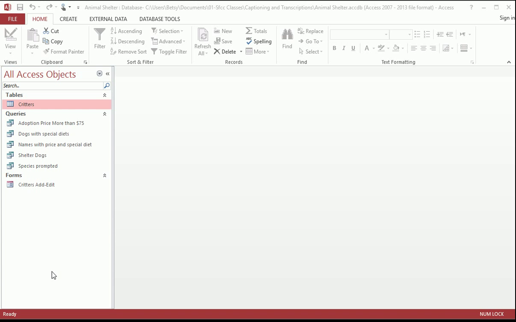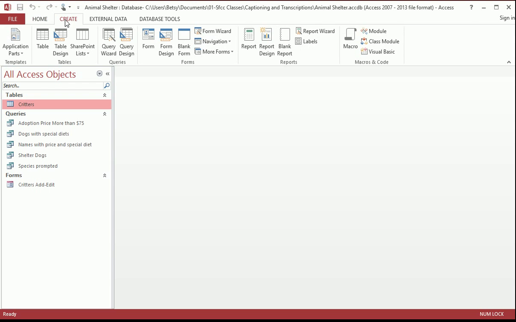The first thing you have to be very careful about is to make sure you have your data source selected before you begin. If you don't want your report to be about a query, don't have a query highlighted. Make sure that your table is highlighted if you want to see all your data. Then click the Create tab on the ribbon. Once you're on the Create part of the ribbon, go over to the Reports area and click on the Report